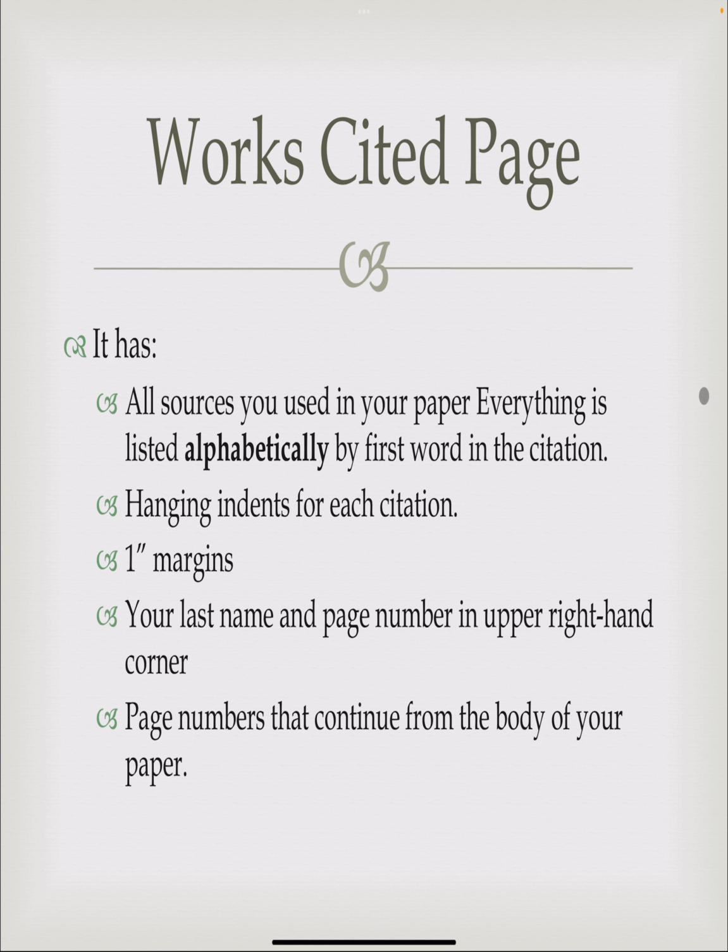So let's first talk about the works cited page before we start talking about in-text citations, because those in-text citations will always send us to the works cited page. So works cited has all the sources for your paper listed alphabetically. Now we'll talk about which information we are placing alphabetically in later slides. There are hanging indents. I'll show you an example in a moment. 1-inch margins, last name and page number in the upper right-hand corner, and page numbers that continue from the body